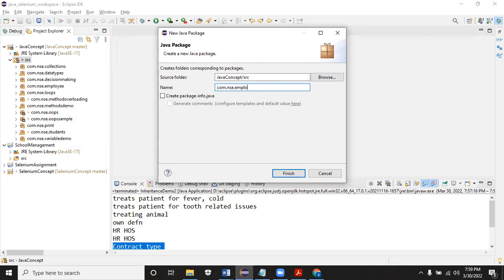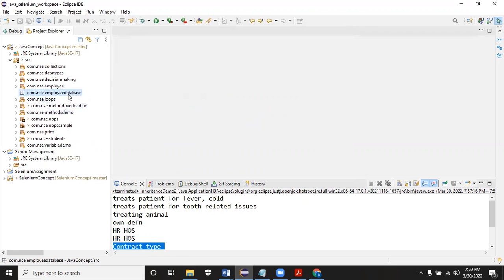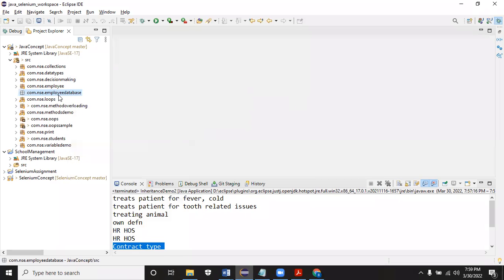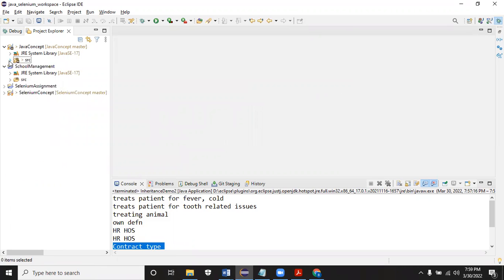Let me create it as employee database, something like that. I've created one package. Inside that package, I'm going to, let's take this school management.